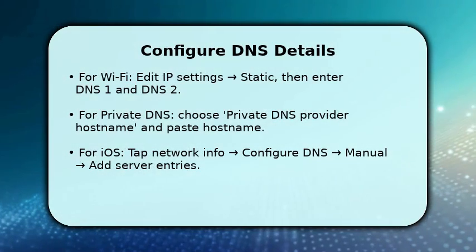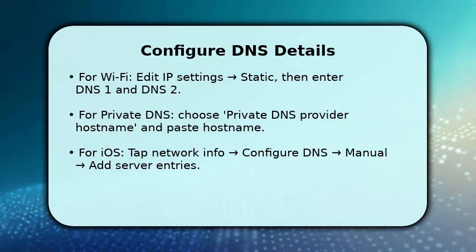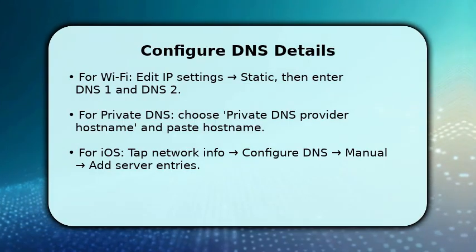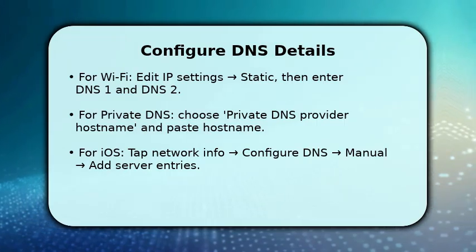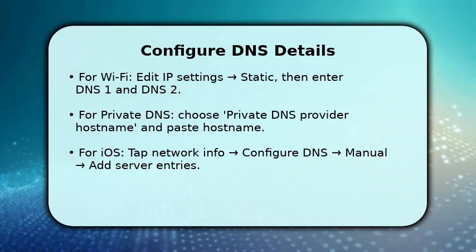You'll now enter the DNS values. On Android Wi-Fi, switch IP settings to static and fill DNS1 and DNS2 with numerical addresses. Save changes. For private DNS, choose the provider hostname option and type the provider's domain like